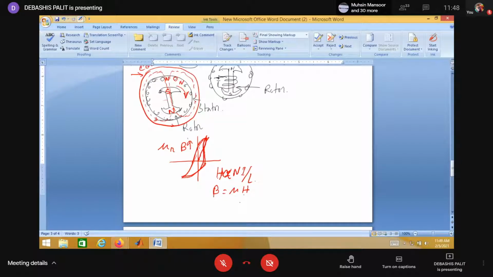But in an electric material, resistivity is always constant. So if you think about permeability, sorry, conductivity, resistivity is analogous to, actually permeability is analogous to conductivity. So if you consider the conductivity of an electric circuit, that conductivity does not vary with the variation of current like this. So conductivity is constant.